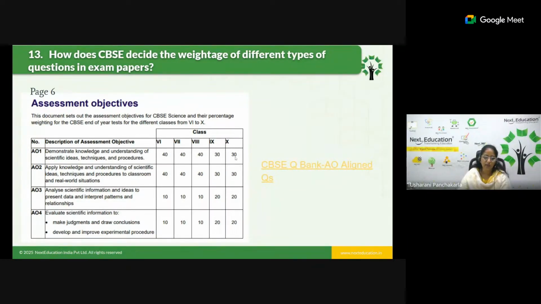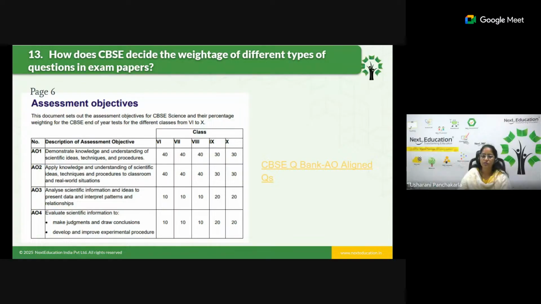Remembering and understanding level. And AO2 is where you are applying. It is the same, sorry, it's also decreasing. And when it comes to the last two levels, that is analysis and evaluate, it is increasing double. Okay, so this is also a part of the CBSE document, which I have taken from cbseacademics.nic.in. This is where the assessment objectives are set with respect to the hierarchy of Bloom's taxonomy. And then across the grades, you can see how it increases.